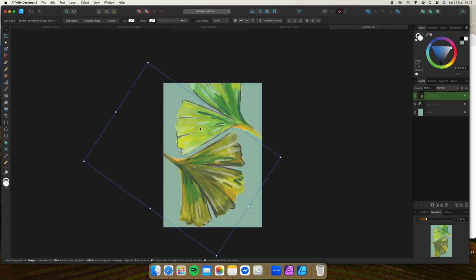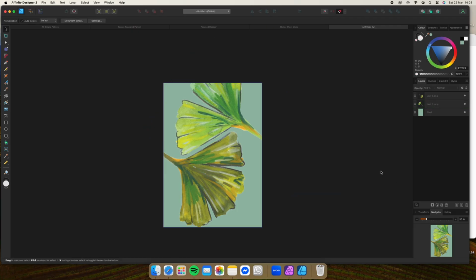And so not only did I do what I called a simple pattern, I also did a repeated pattern. And there's no easy way to do a repeated pattern on Designer. If that's something you're interested in, I can do a tutorial on how I did my repeated patterns. However, if you've done repeated patterns on Procreate, where you snap to the left and snap to the right, that is pretty much exactly what I did in Designer.